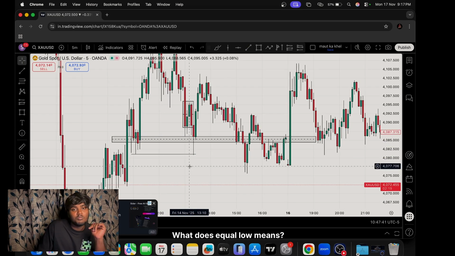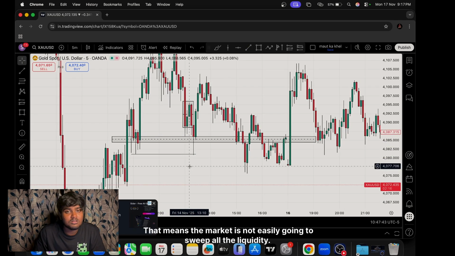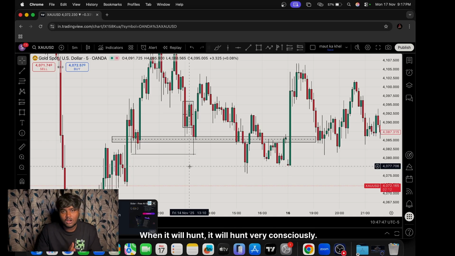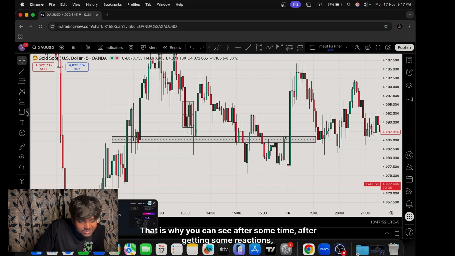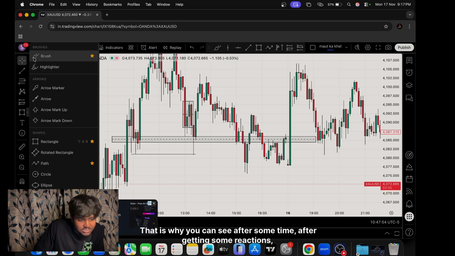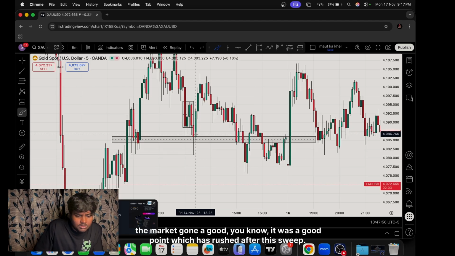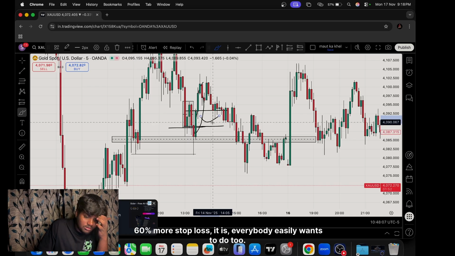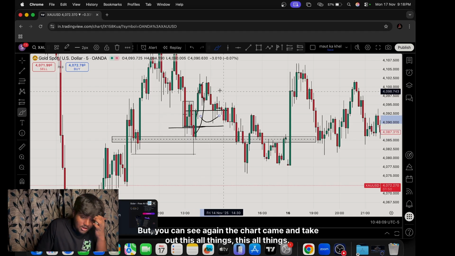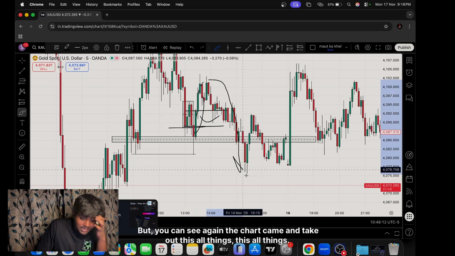What does equal low mean? That means the market is not easily going to sweep all the liquidity; it will hunt very consciously. That's why you can see after some time, after getting some reactions, the market went to a good point which it rushed to after this sweep. It's a good point if you take entry here with a 60% candle stop loss, it rewards you easily 1:2. But you can see again the chart came and took out